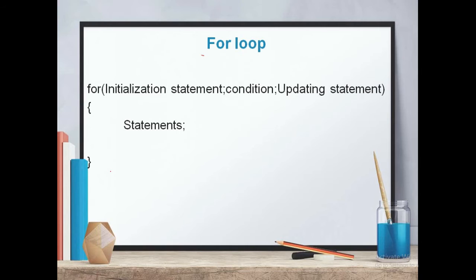Now we come to for loop. Basically for loop is just like while loop, but these statements, initialization, condition and updating, are written in one single line inside this parenthesis. Again for is the keyword. For loop is also an entry controlled loop. I will tell you the difference between entry control and exit control at the end of the video, so that at that moment you will better understand. For time being, for loop is entry control loop because we are checking the condition at the entry time.